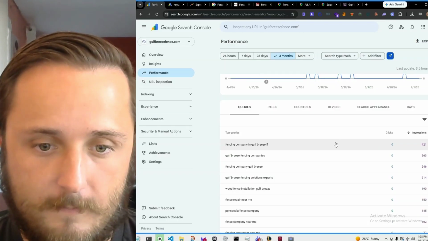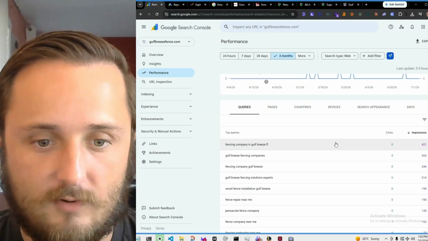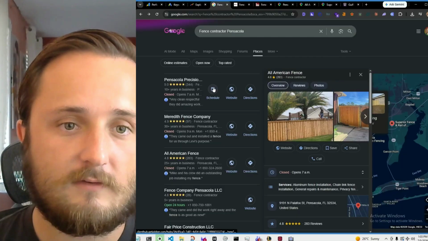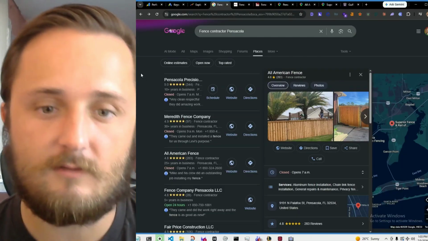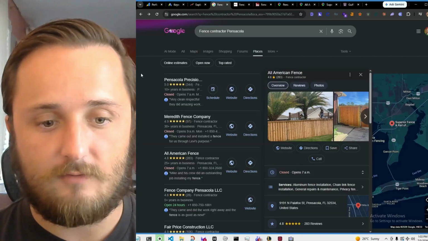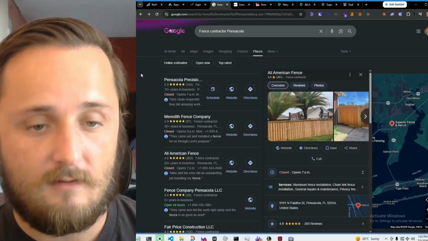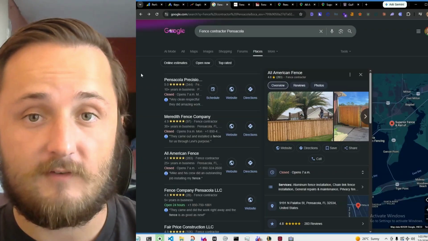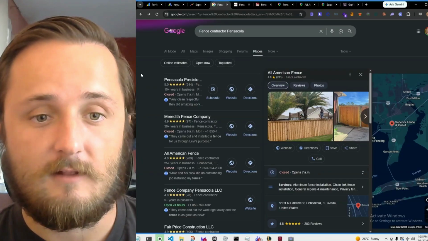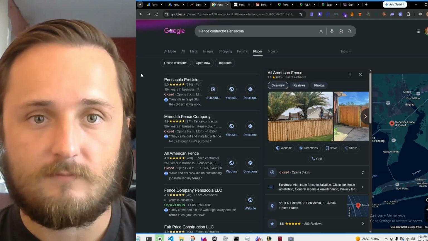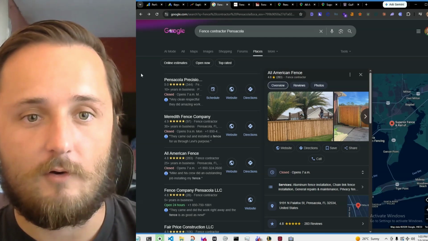And so the top level keyword I would target is going to be fence company. Now, sometimes it isn't always that easy to understand which keyword you want to target. Sometimes it takes a little bit more digging. But for this specific niche in this specific industry, this is the keyword I would like to target. Next, what I would do is I'm going to go and search